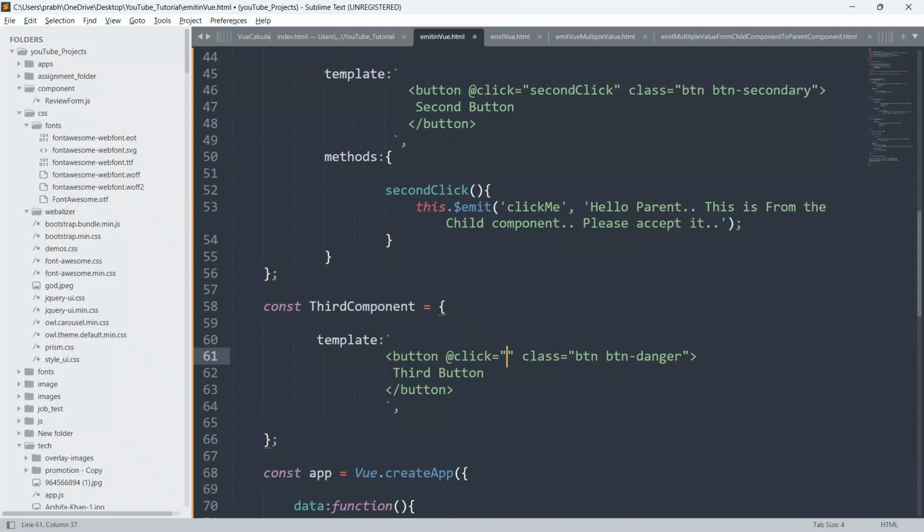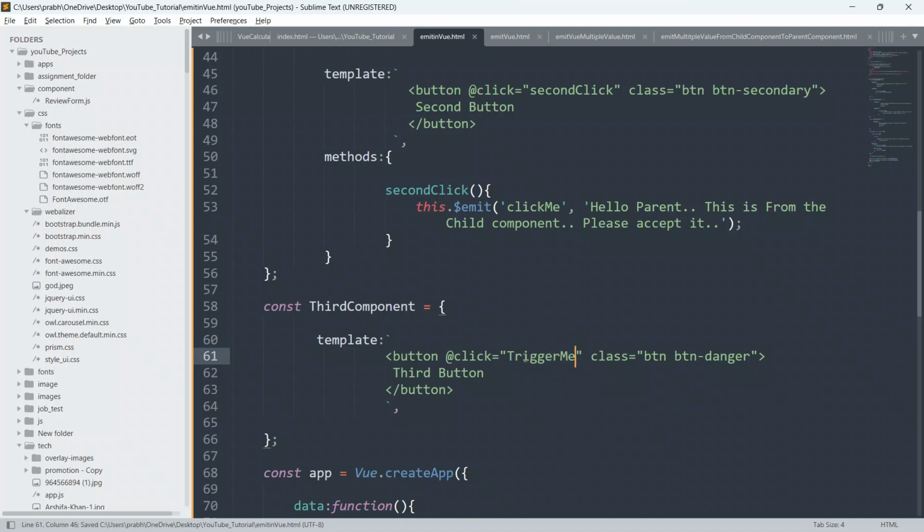What can I say here guys as a method name? So I can say here trigger me. Okay, you can see here guys, I have given here T capital and M capital of these two words. So just triggerMe.